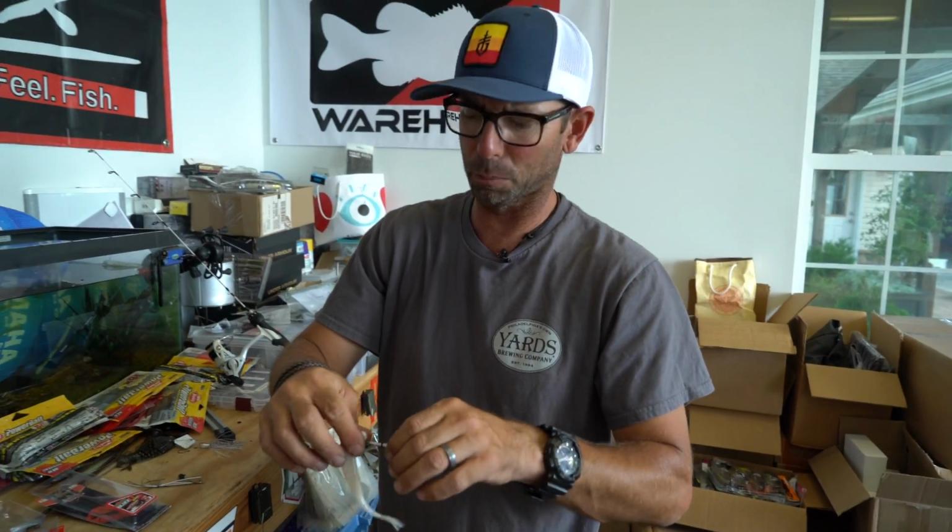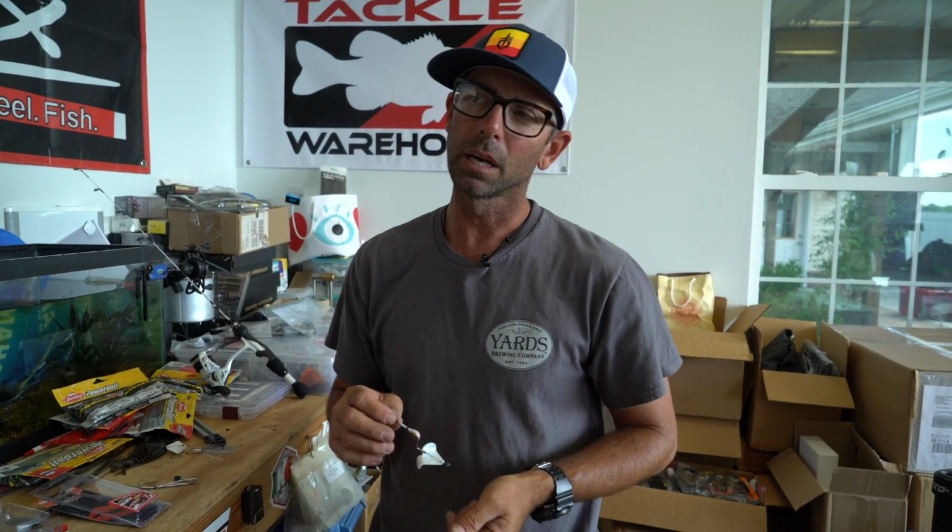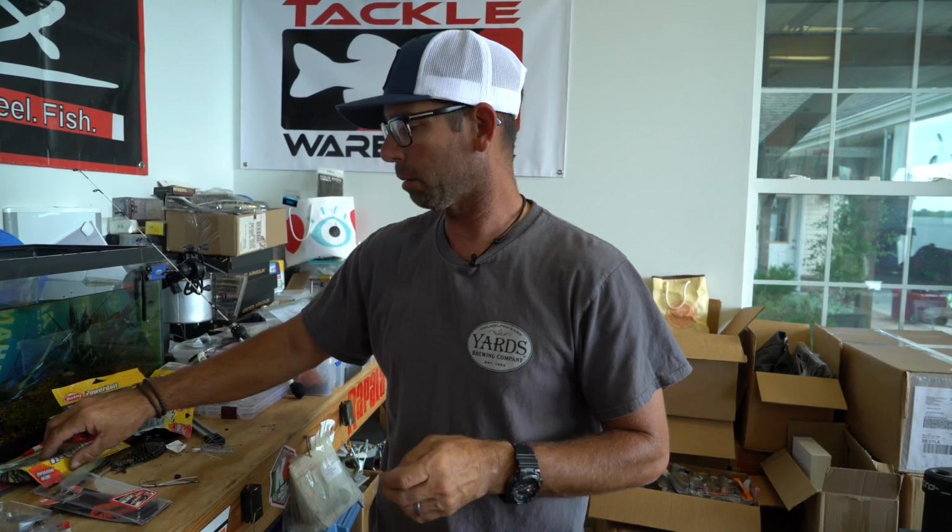My next little plastic modification after I rip the skirt on is something in between. A lot of times post-spawn, a lot of times early fall, you don't want something straight as an arrow and subtle, and you don't want something crazy. You want something moderate. If I'm trying to imitate regular shad, I'm talking about gizzard shad,